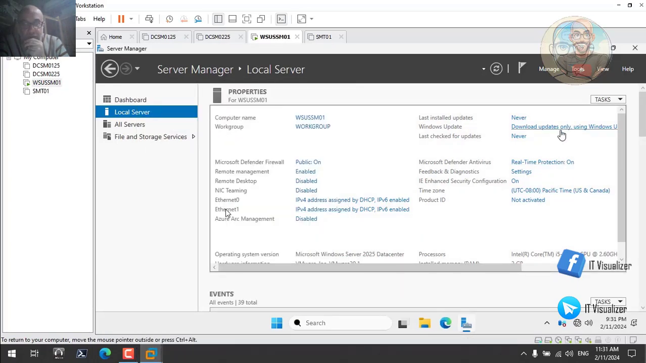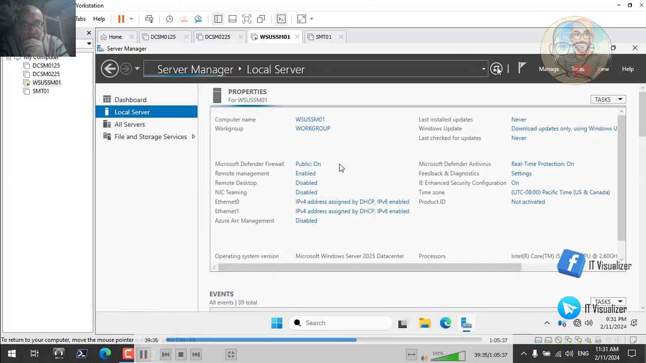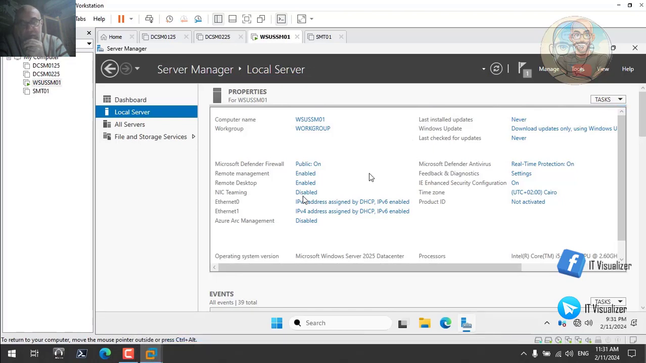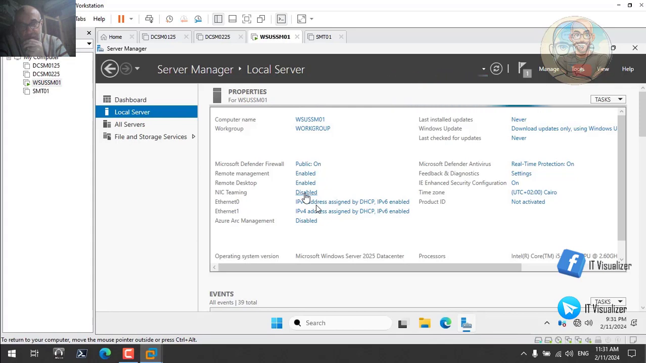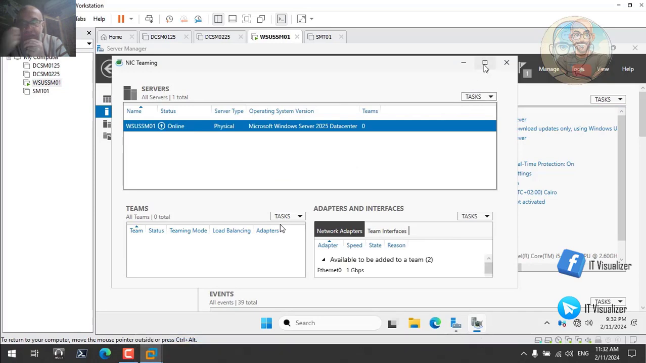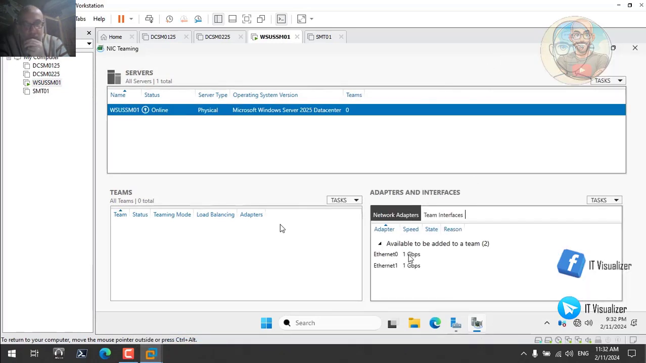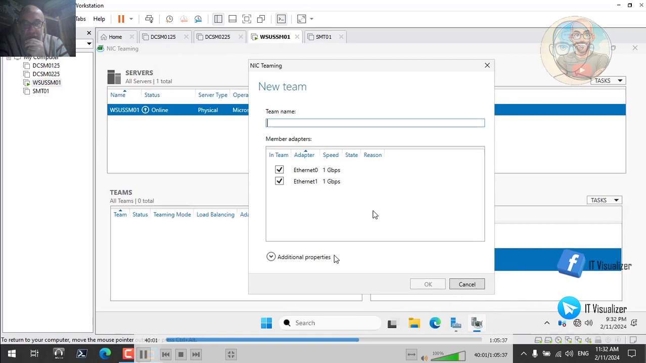so now we can go and make the next teaming. So now we have enabled remote desktop. We can make a small refresh, and then we can make the next teaming, and then set the IP address on this machine. Azure Arc management is disabled because we don't have any Azure servers. Okay, so now we can team them